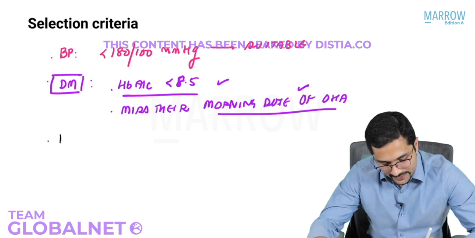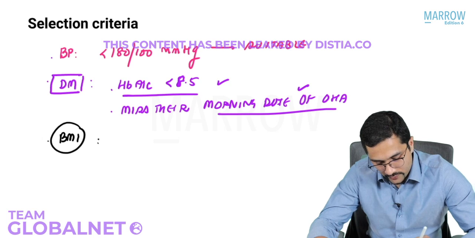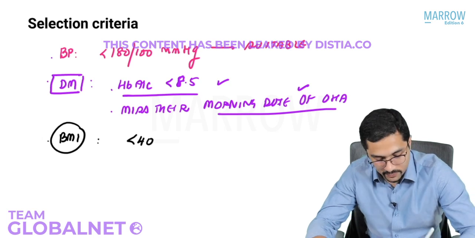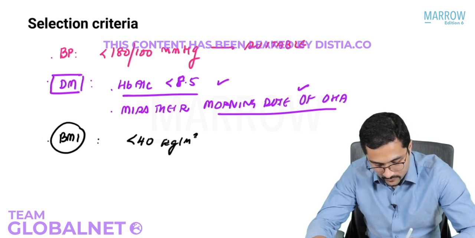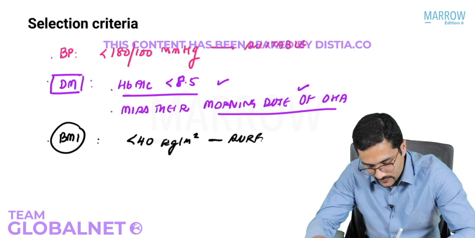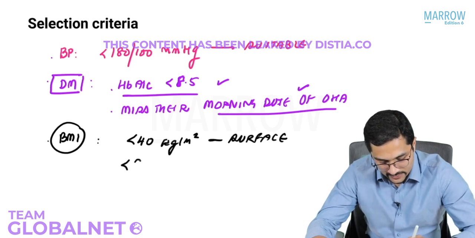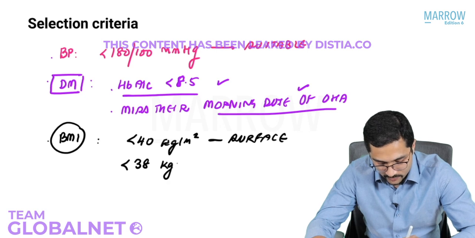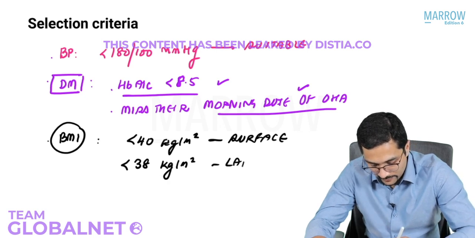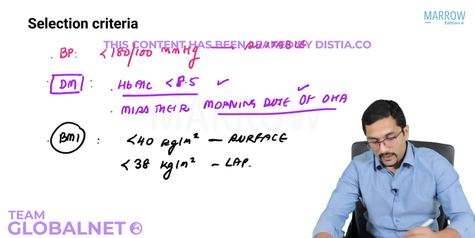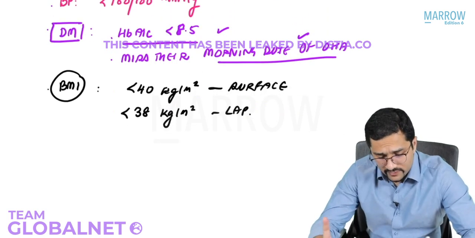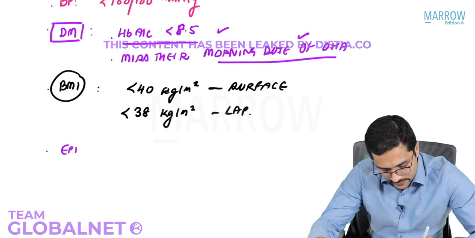The body mass index criteria, as I've already told you: if the BMI is less than 40 kg per meter square, we can do surface procedures as daycare procedures, and less than 38 kg per meter square, we can do laparoscopic procedures as well. Another thing which is written in Bailey, epilepsy,